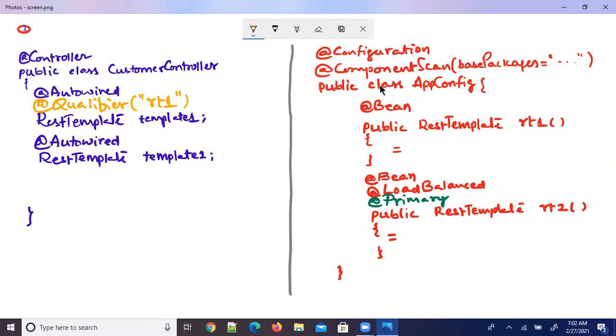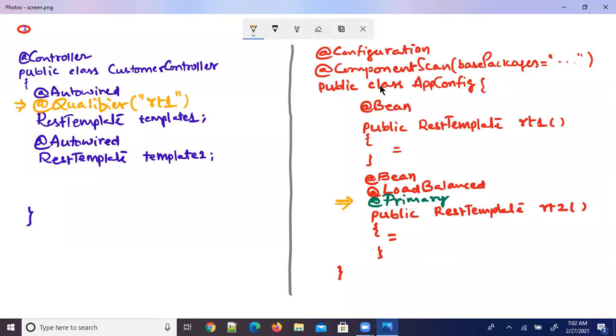I have written it like this now. I'm using @Autowired and @Qualifier. Now here I'm covering both of them: the primary annotation over here, the qualifier annotation over here.